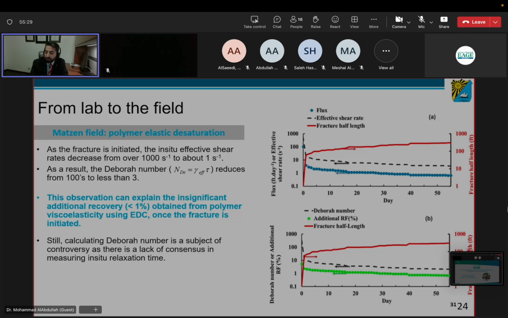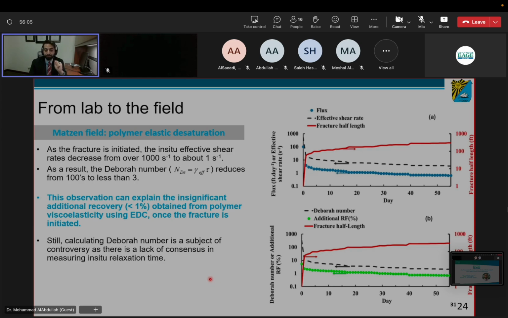We have on the right side still fracture length, and the red line was what was happening in there. It increased with time. Whenever fracture length increased, on the left side we have the Deborah number, in the black. It will drop from close to 1,000 all the way close to 1. I remember we said, unless we're much higher than 1 in terms of Deborah number, we would not see additional recovery factor. That's why the additional recovery factor was 1 or less, as observed for that case that we tested in